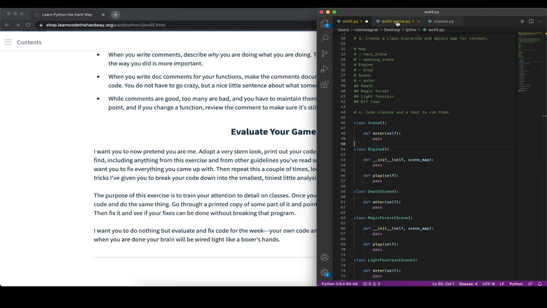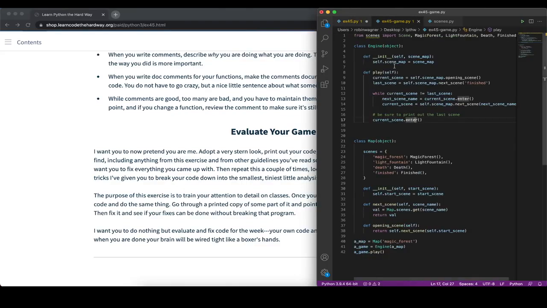So if we take a look at a more complete version of the game, here for example we have the class Engine, our map class, and then at the bottom here some code to actually start our game. Here we have a list of the different scenes, and as specified in the exercise description, we should actually import some of the files that we are working with. So in this case here, I decided to create a separate Python file called scenes.py,